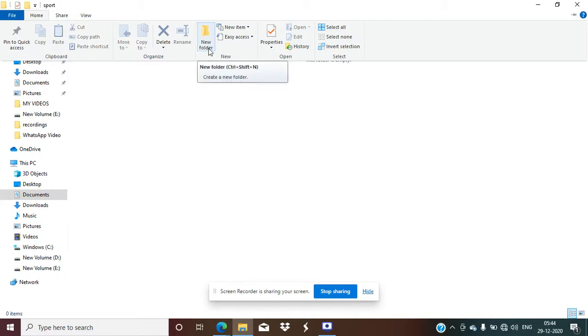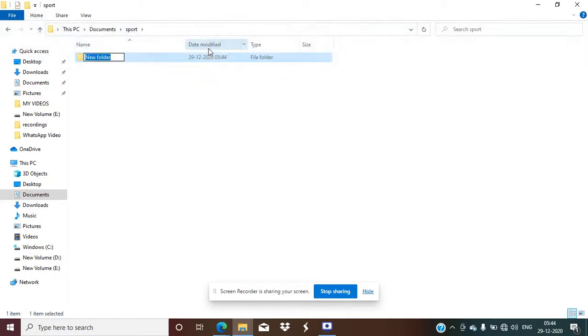Here I will click on New folder, which can make a new folder. I'm going to give here a different name of a different sport. Our favorite sport is cricket. So I have made here a folder named cricket.